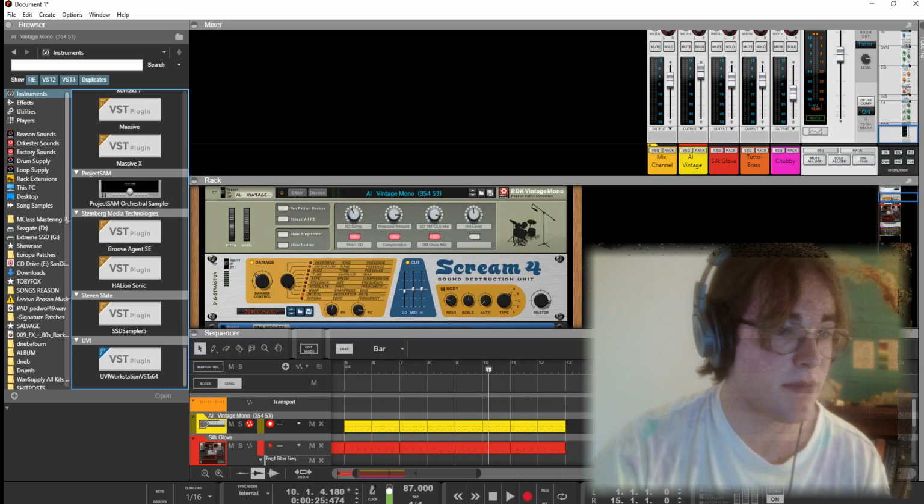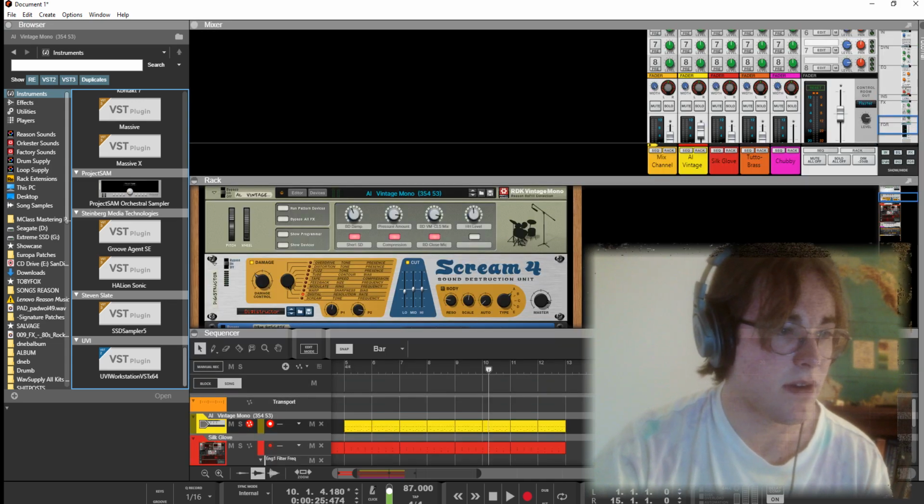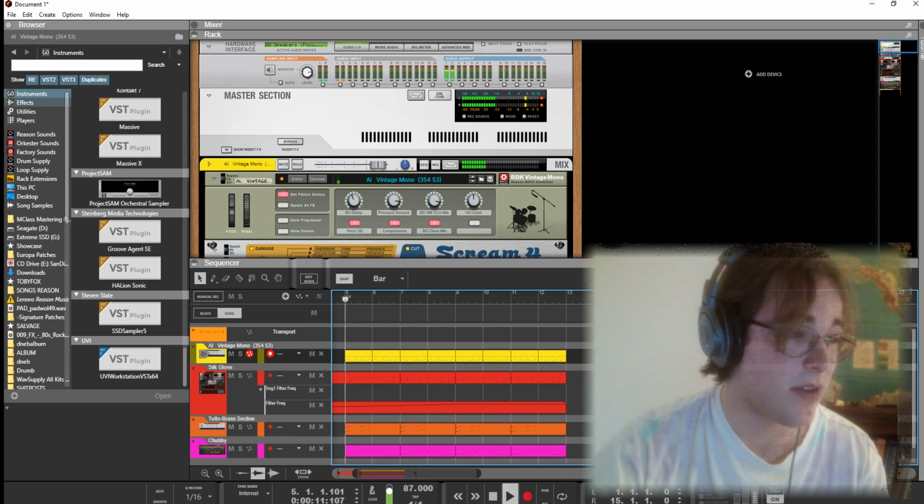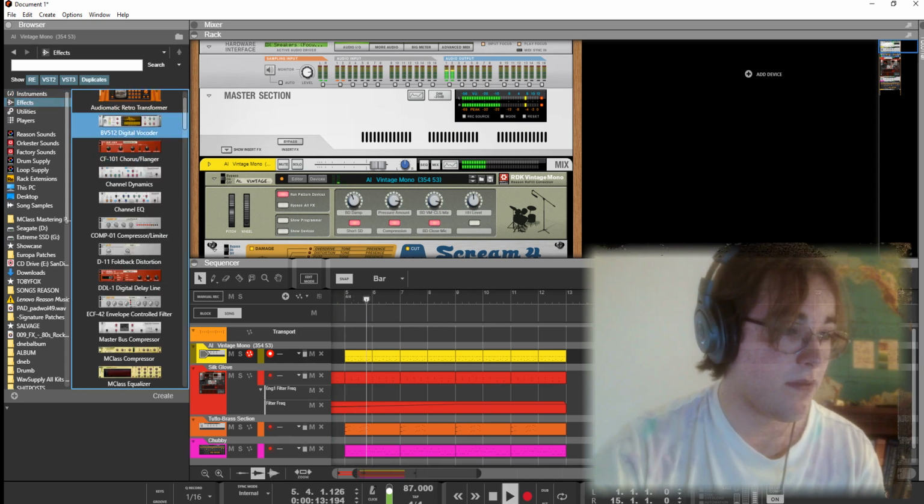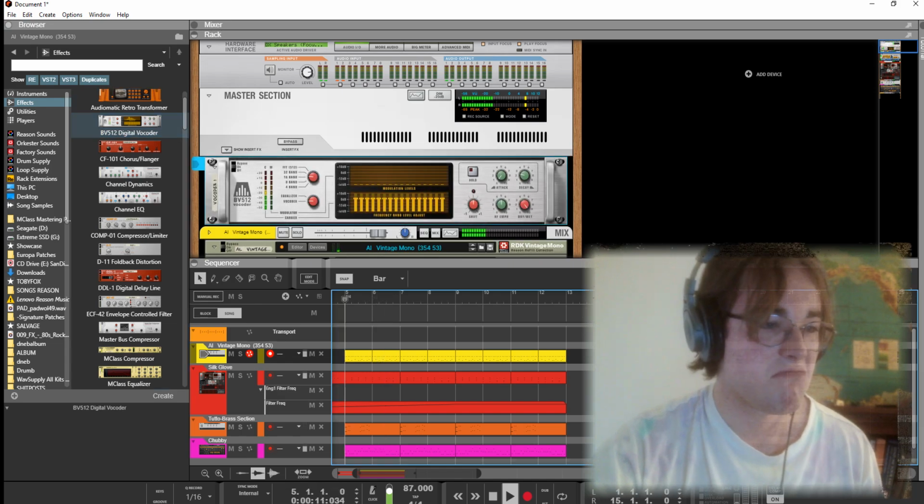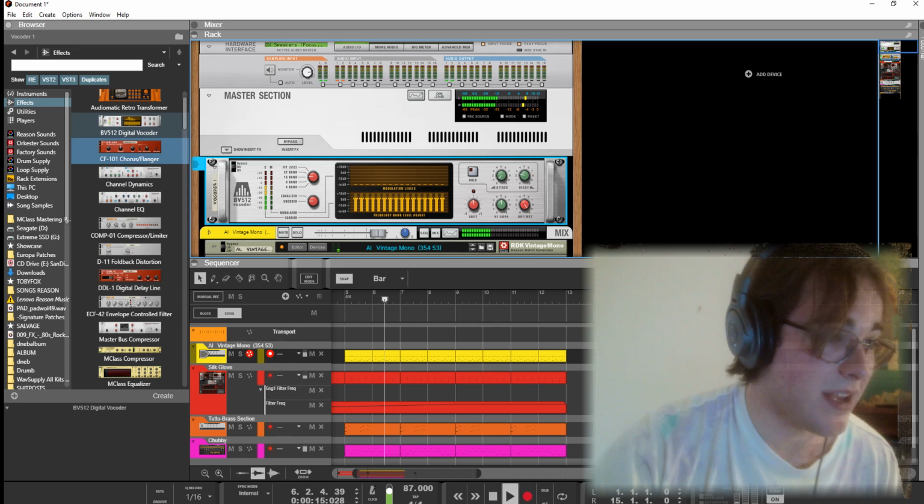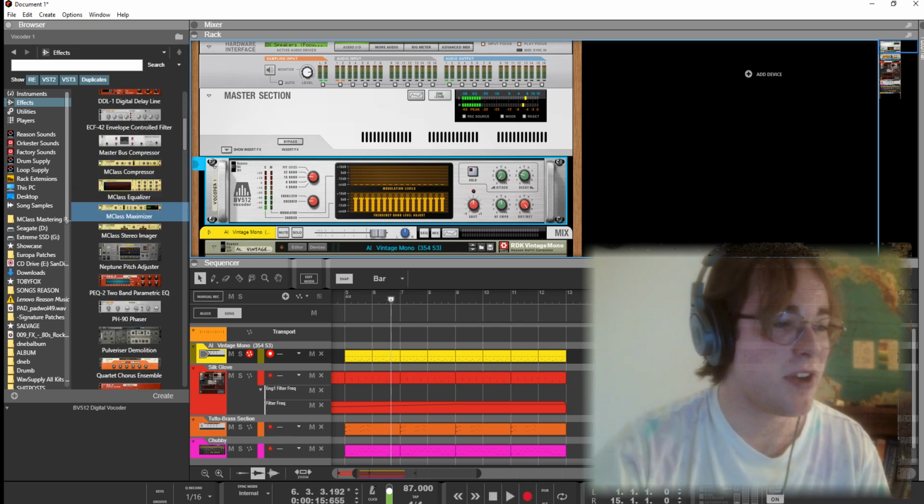It has a mixer mode, you'll see, where you can do all this, and then it has a mastering channel where you can put in whatever effects you want on the master. That's something you can do. If you want to put